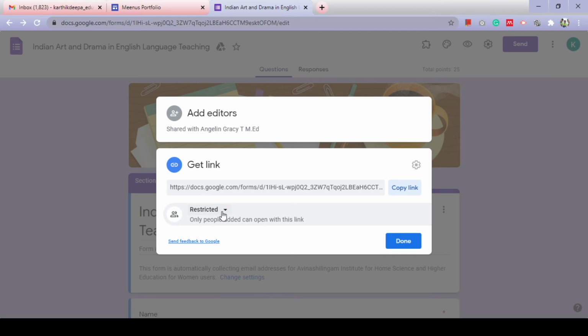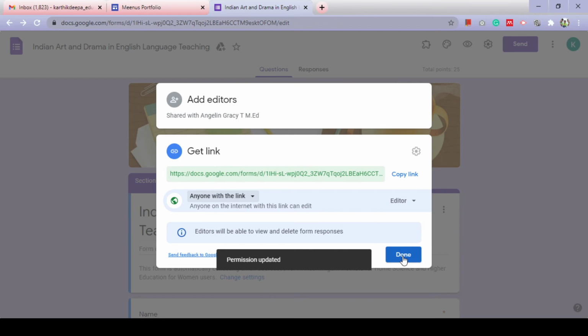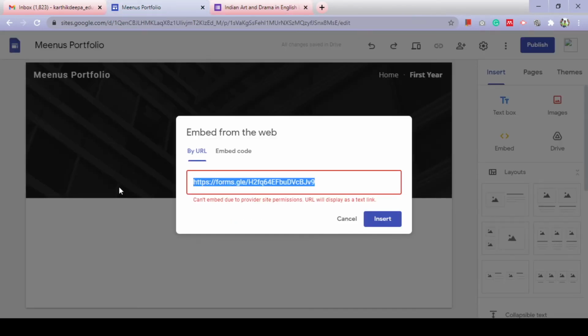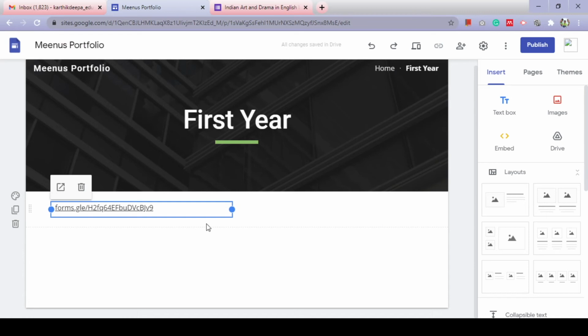So there is a restriction here. Just click anyone with the link, and done. Now just copy the link and post it here. Now insert the link. So the link is embedded here.